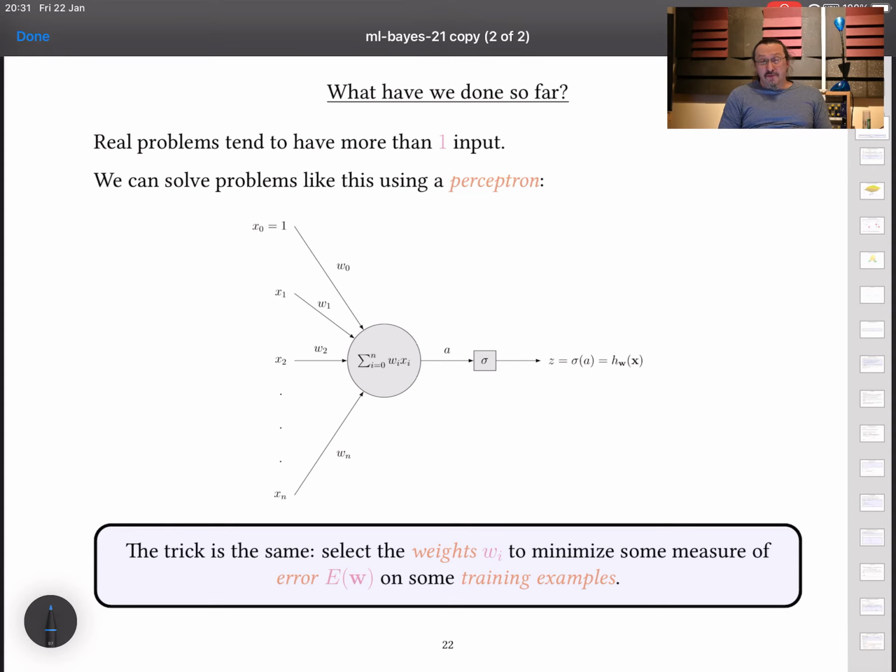Real problems have more than one feature. We don't just measure cuteness, we measure cuteness and furriness, and maybe a whole bunch of other stuff as well. So we need to move to a situation where we can construct functions that have multiple features as inputs. In this case, n of them, x1, x2 up to xn. And Perceptron just makes a linear weighted sum of those, and it also has